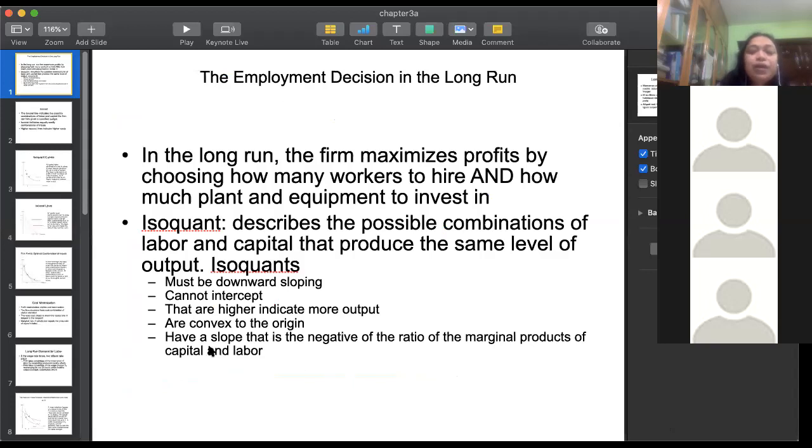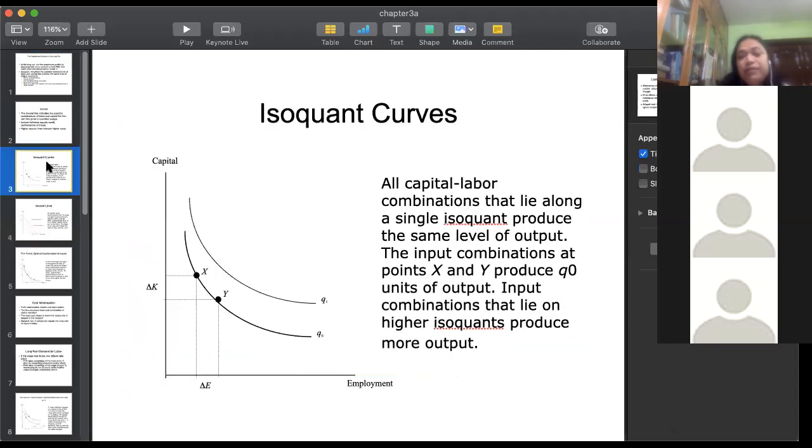All right. The slope part we will talk about when we talk about the equilibrium, the slope of the isoquant. Let me just move on so that you understand where we are going with this. It seems like these are all random things that we're talking about, but it will all come into place when we actually do the cost minimization of the firm. Okay. So we talked about isoquant curves.